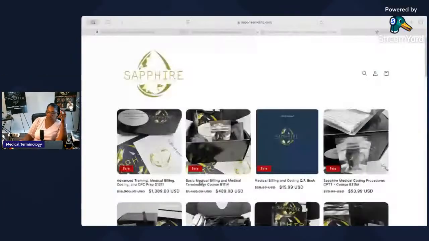So this is pretty much how the girls go in. If anybody purchases a course from me, this is where they go. This is the bookstore. You see where it says sapphirecoding.com up there? It's the same thing. If you go on sapphirecoding.com on the website, you pretty much can see this. This is what we're doing now. You just don't get the full course. You have to give you the basis on this course, because that's my full course right there.